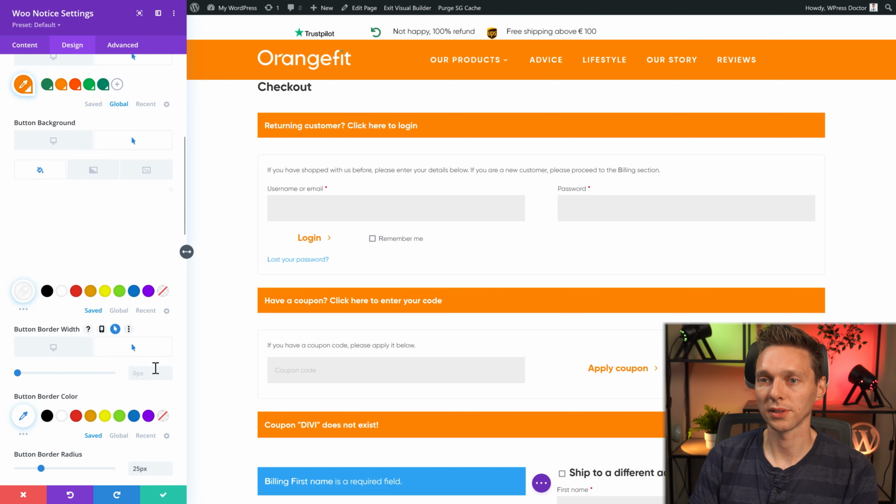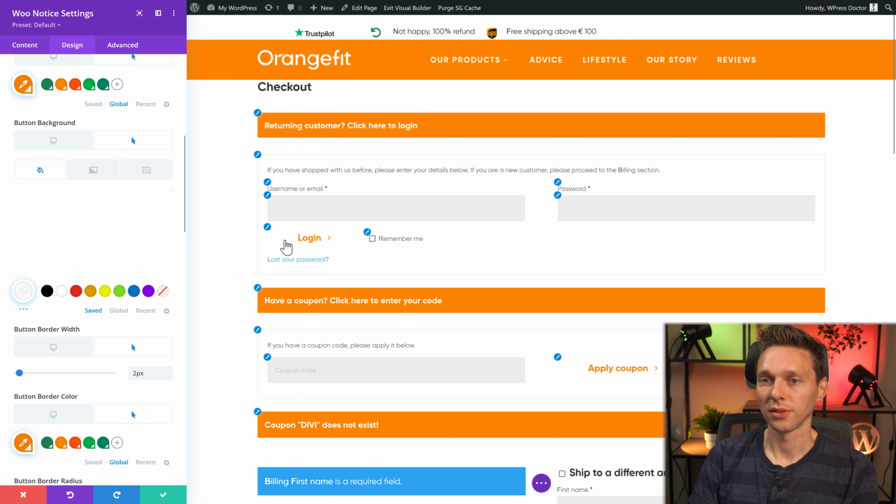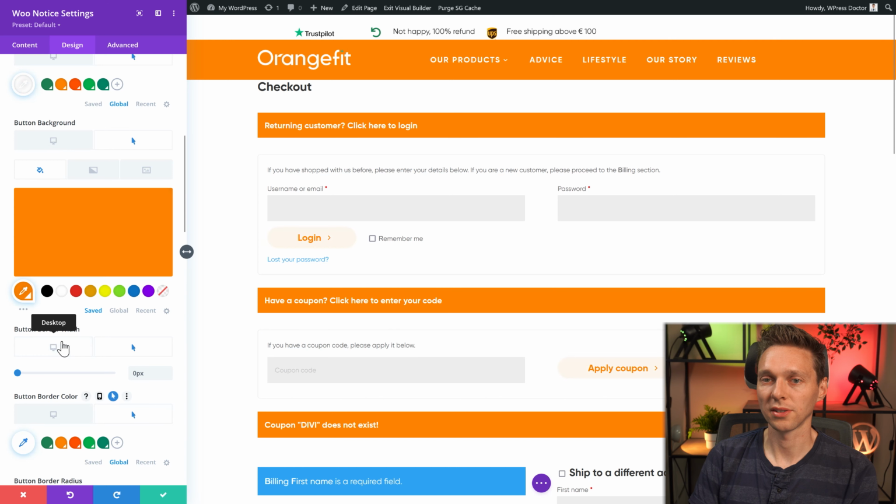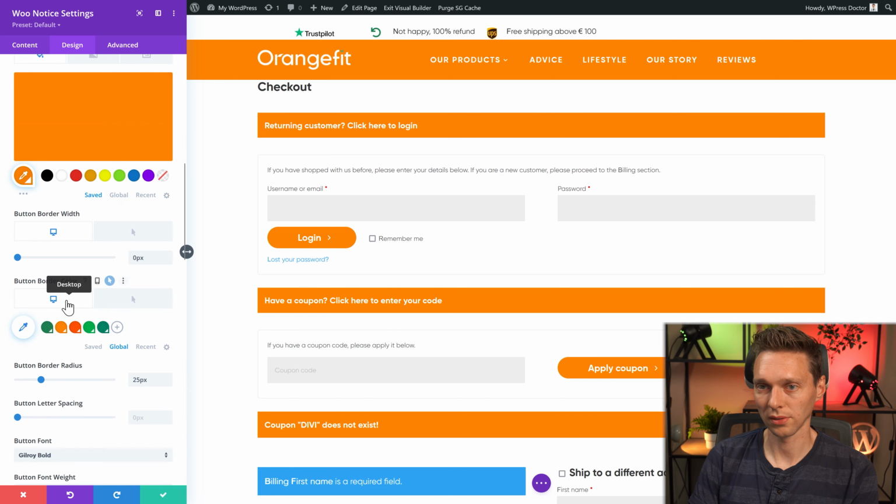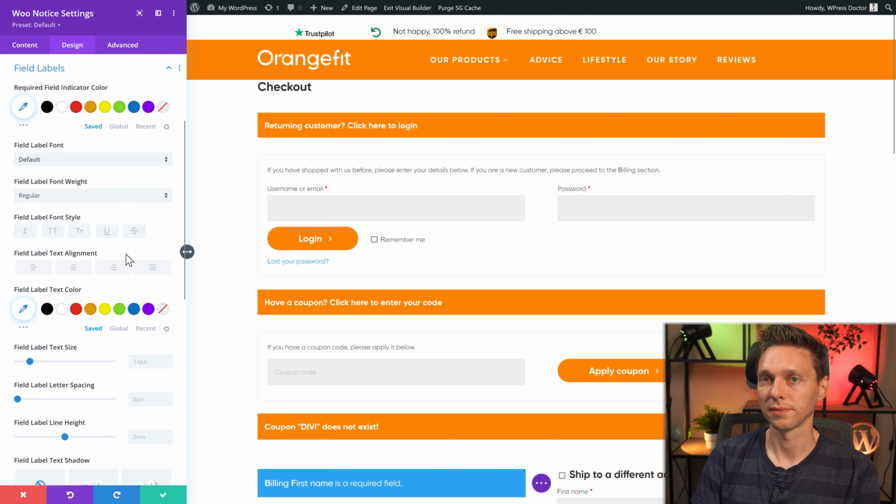When I hover over it, I want the border on hover to be orange. Then the funny part is you have to change the border color on normal also to be orange, or else it won't work. Like this. See? Works.